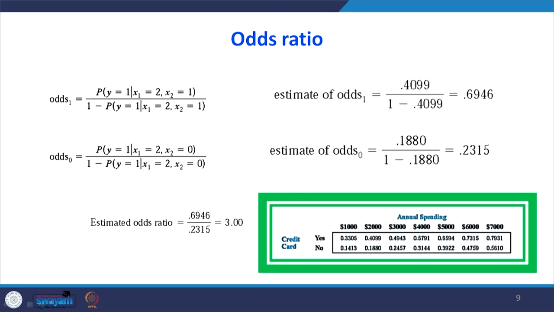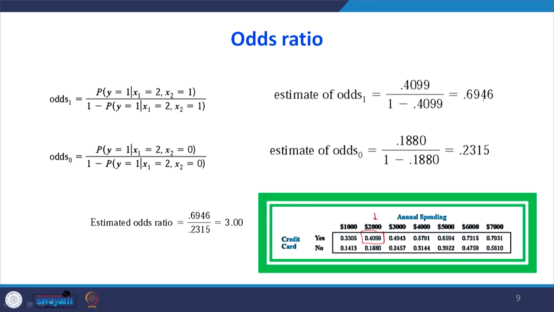Probability of success, we can say probability of not success, 1 minus P of y equal to 1, X1 equal to 2, X2 equal to 1. So, what will happen? You can substitute this when X1 equal to 2, this value, and having the credit card, that is this 0.4099. So, when you substitute this, 0.4099 divided by 1 minus 0.4099, we are getting